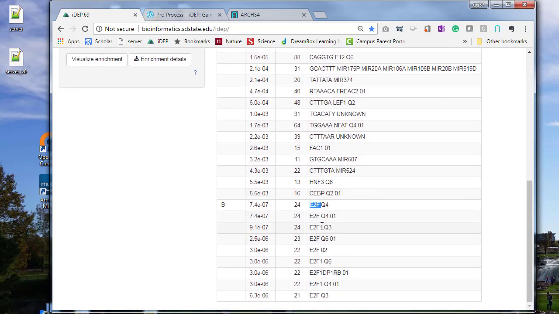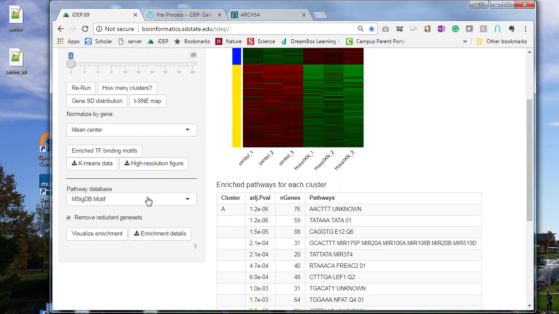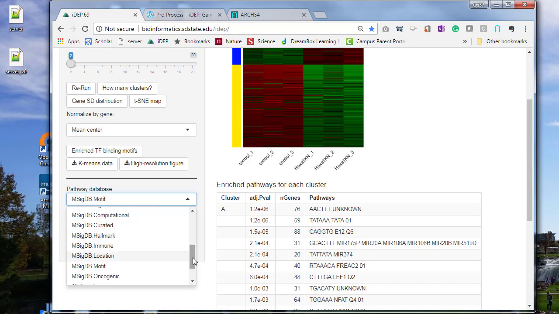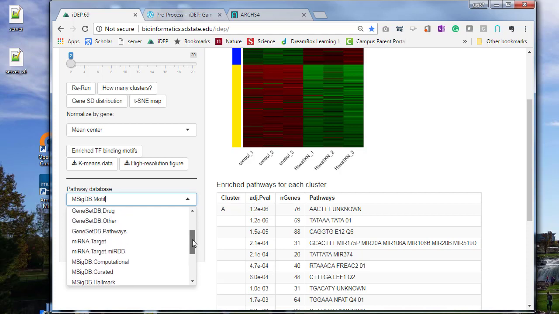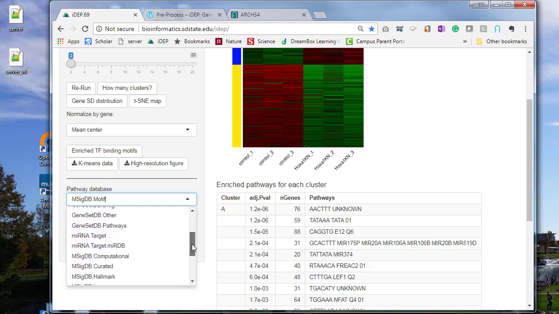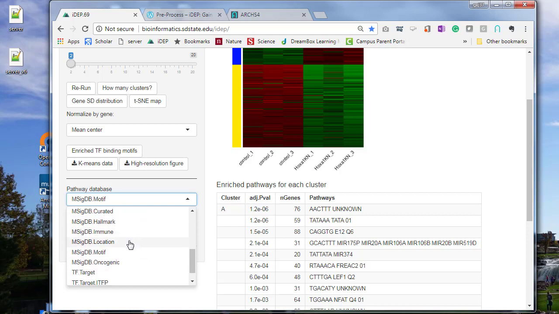Obviously, we know the E2F factors, including E2F1, are major regulators of cell cycle genes, which makes sense. And a lot of other databases that we collected enable you to ask a lot of other questions, including miRNA target genes and cancer-related genes,